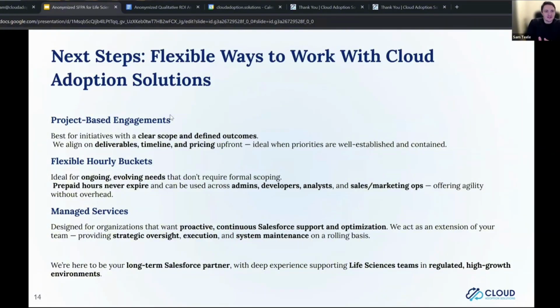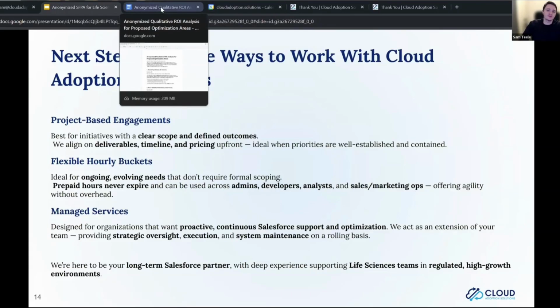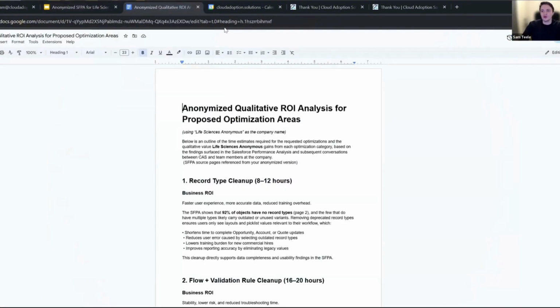So throughout the process of creating this, I learned that it's a very technical presentation and can be appreciated by people with a lot of hands-on system knowledge. These are your admin, these are your business and revenue operations people. Sometimes sales leaders or business development leaders, they want something that's a little bit more straightforward. So as an addendum to the anonymized performance analysis, I'm going to take a look at a new document that I've recently made that I can also make for you as an addendum to your analysis as well, which is